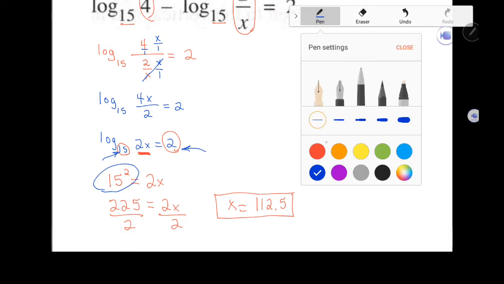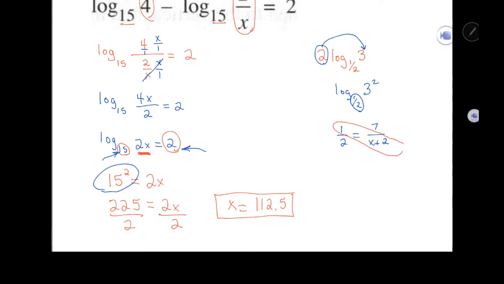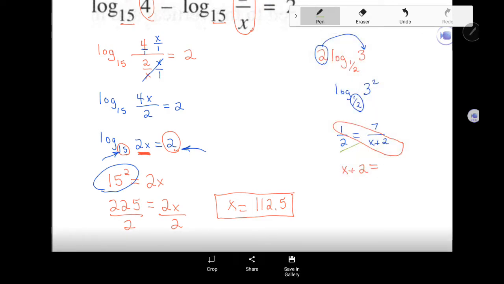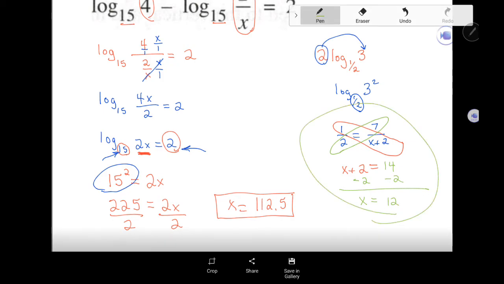Well, let me recommend that you multiply the extremes here together and say x plus 2 times 1 is x plus 2, and that will equal the means here of the bottom times the top on the other side, and 2 times 7 is 14. At which point you can just subtract 2 from both sides, and you would say x is equal to 12. So this is just a random thing that I made up to show you how you could handle that. If that happened to come across your path in the problem that you're assigned, hint, hint,